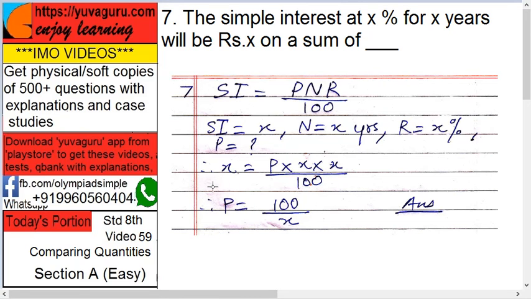So 100 goes in the numerator, x goes in the denominator. So P equals 100 upon x. That is